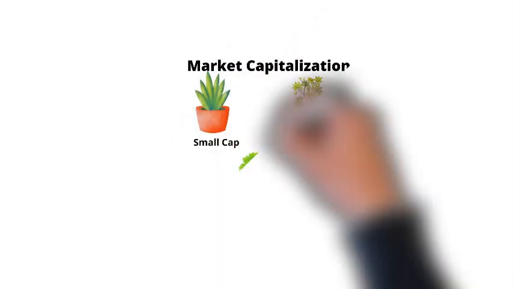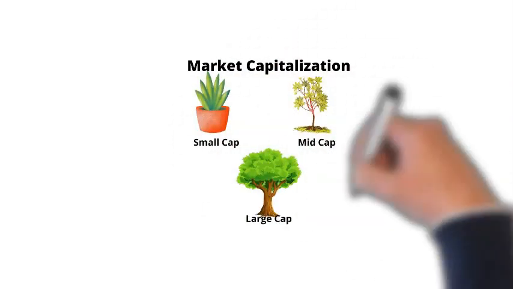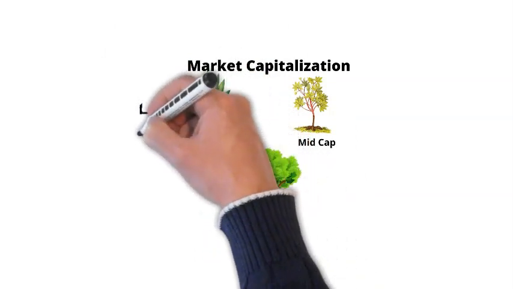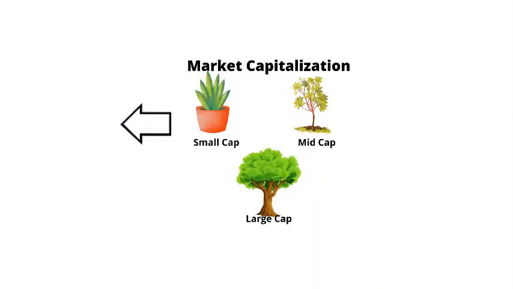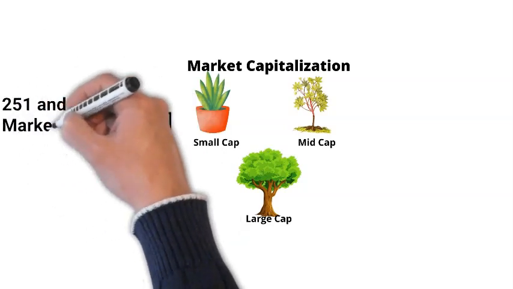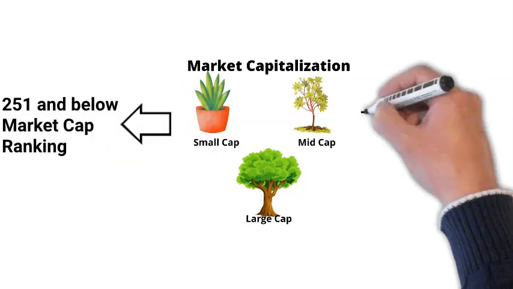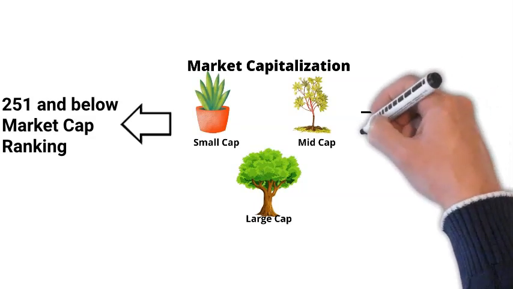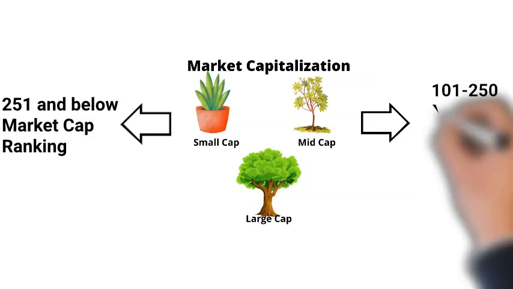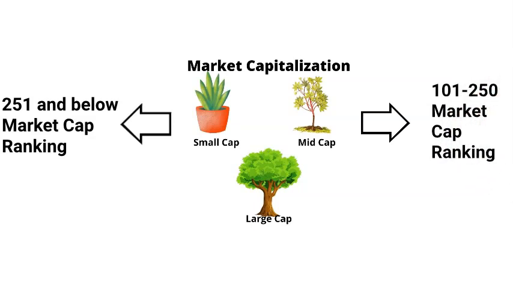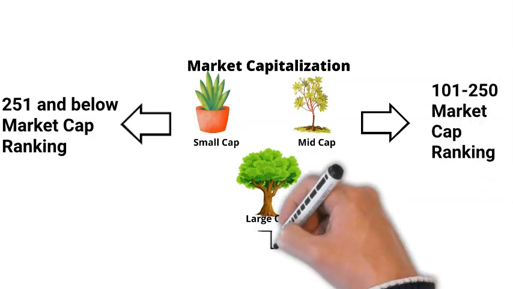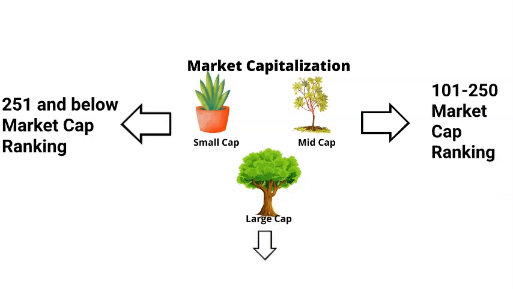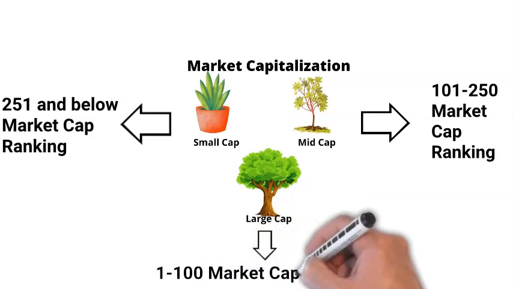As per the rules of the market regulator Securities Exchange Board of India, stocks are divided into large, mid and small cap based on the ranking of their capitalizations. The first 100 stocks in order of ranking will be classified as large cap stocks. Listed companies ranked from 101st to 250th in the market cap rankings would be classified as mid cap, and all the listed companies ranked from 251st and below are small cap companies.